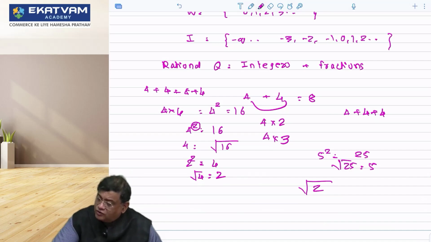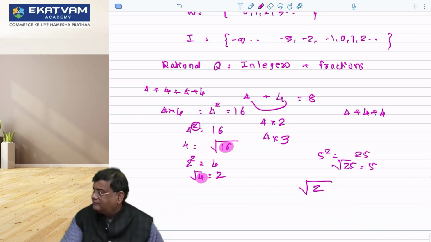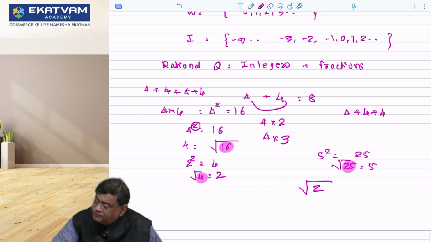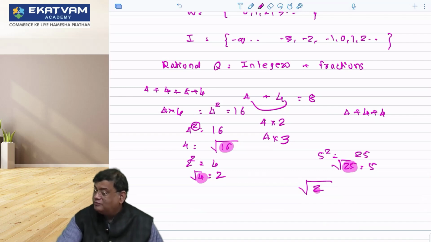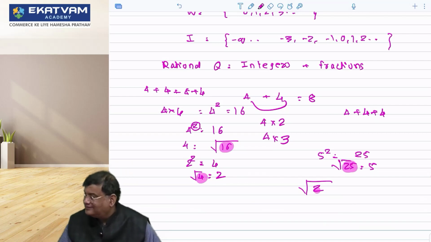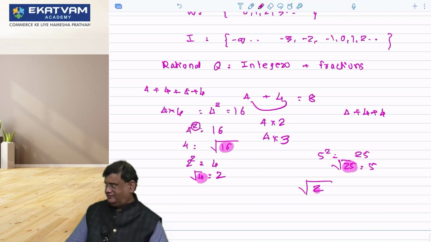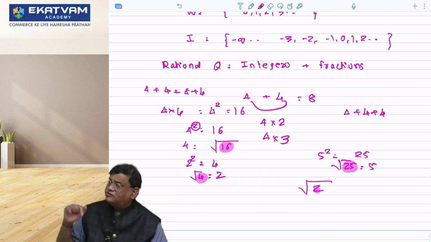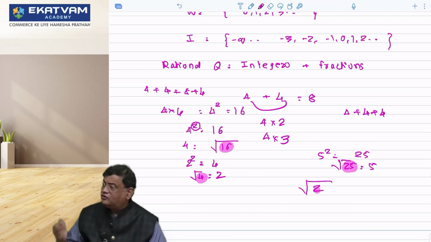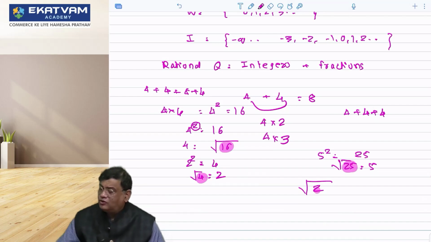Yes, 16 was a perfect square. This 4 was a perfect square. This 25 was a perfect square. But 2 is not a perfect square. You don't have any natural number whose square is 2. You don't have 1, 2, 3, 4, any natural number like that whose square is 2. So when you have the root of non-squares, root 2, root 3, root 5, root 6, root 7, root 8, root 10, root 11, you get